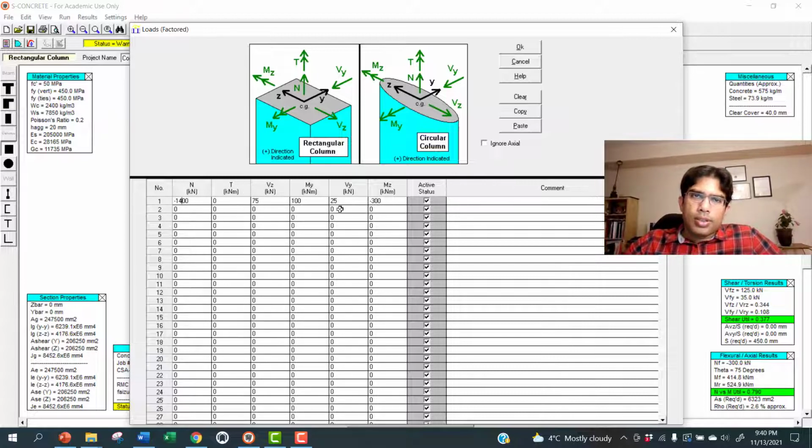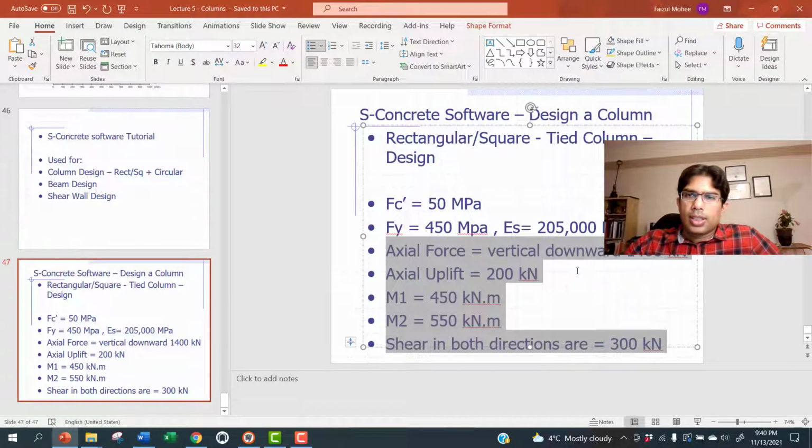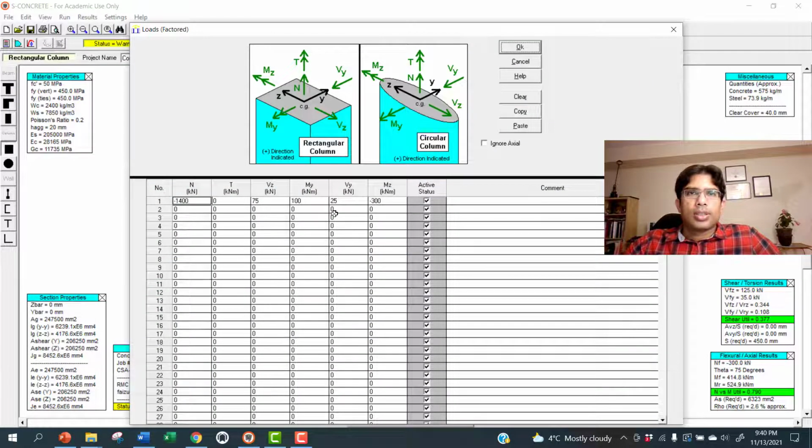And we also have the moment, one direction is 450, another direction is 550. If you go to moment y, 450, and the other direction moment is 550. So minus depends on what direction. If you see minus, plus is towards this way. If we want to put that way, then it is minus.